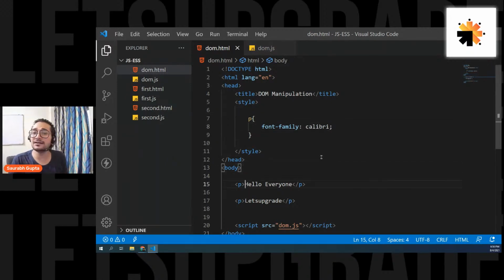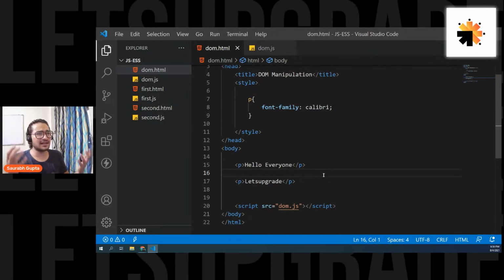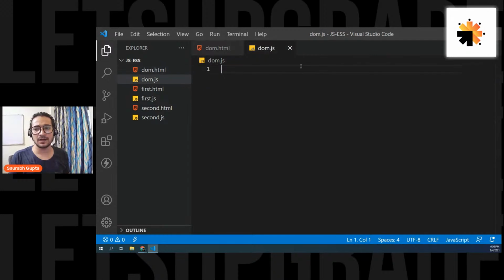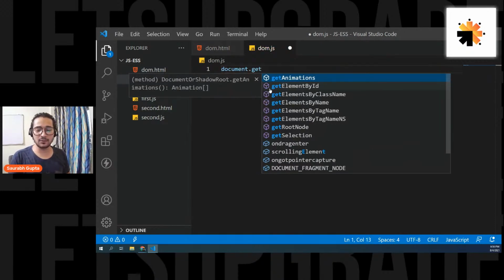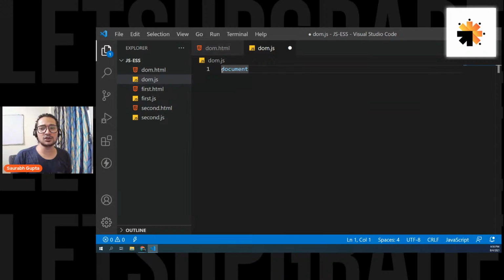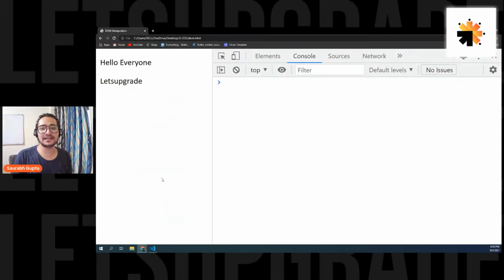Let's learn that first, and that's going to be really simple. There are a lot of ways of doing it, but I'm going to teach you only one way so that this session doesn't become long. It's one way you can use every time, everywhere. It's not wrong at all, it's actually one of the best ways. You can do this: document dot. Remember one more thing: just like console, document is another object that you have. The document object is basically nothing but your page.